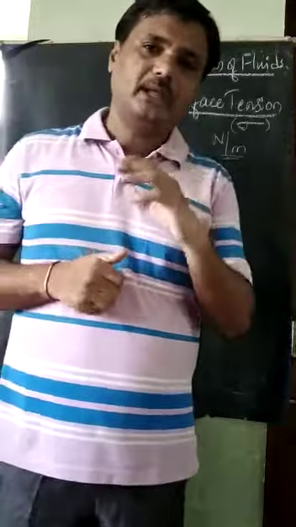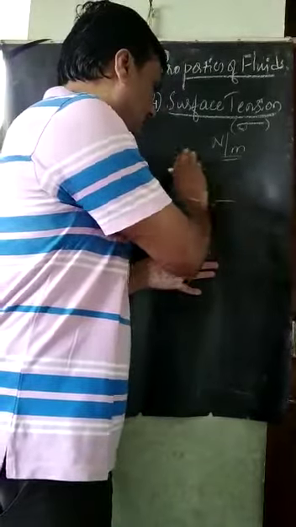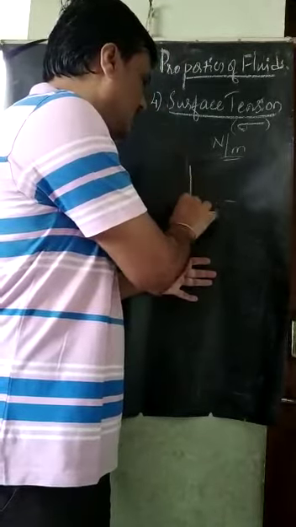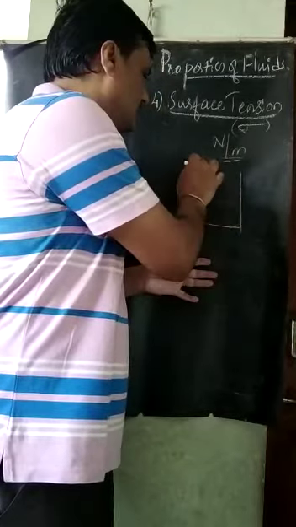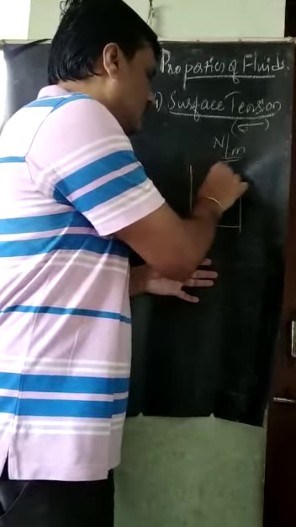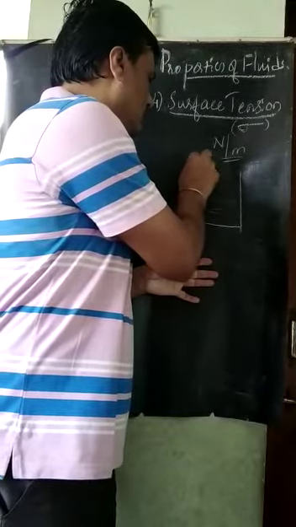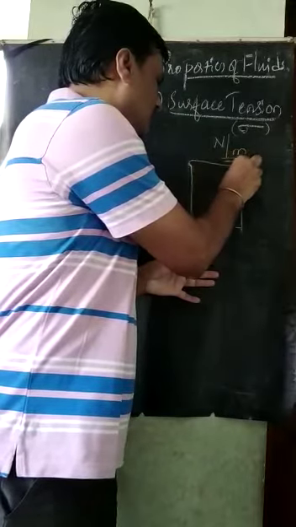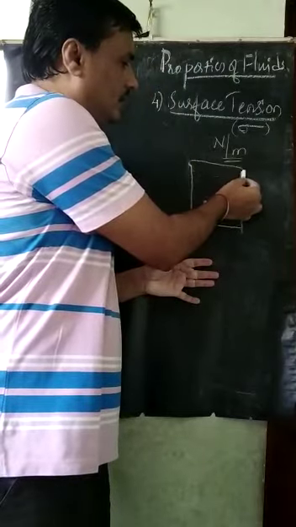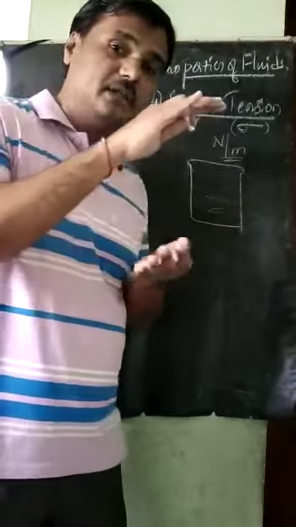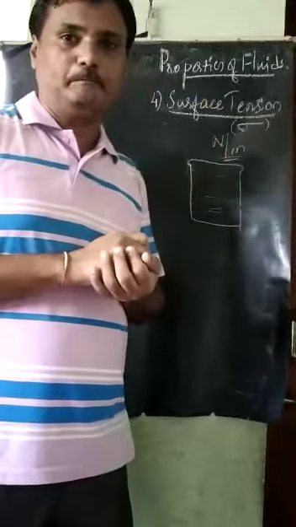We can also understand it diagrammatically. If I take a fluid in a container, for example, this is one container just like a glass. I will take the fluid up to this level and fill this. Next, above the edge of this glass, the fluid slightly comes above. Even though it is above the edge of the glass, the water will not fall down.